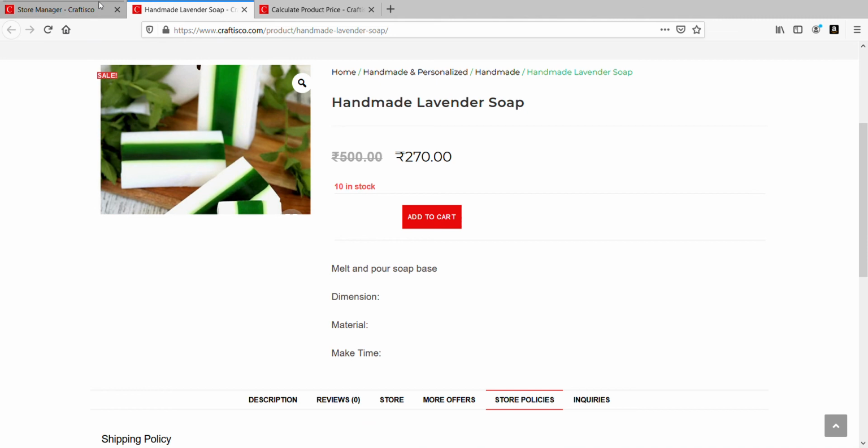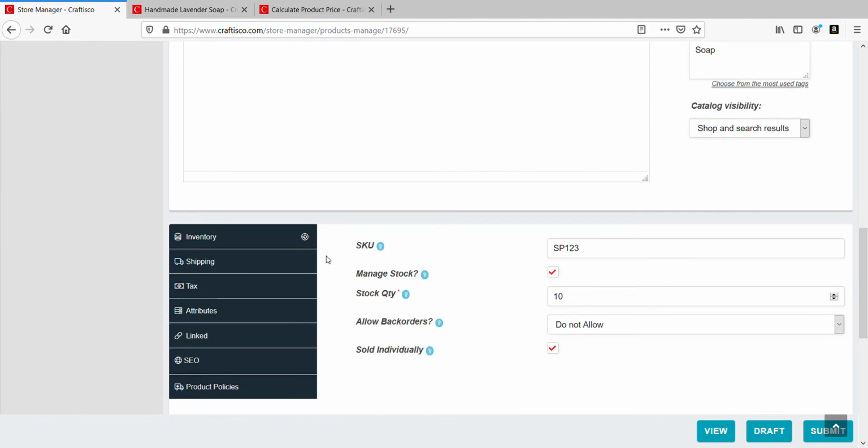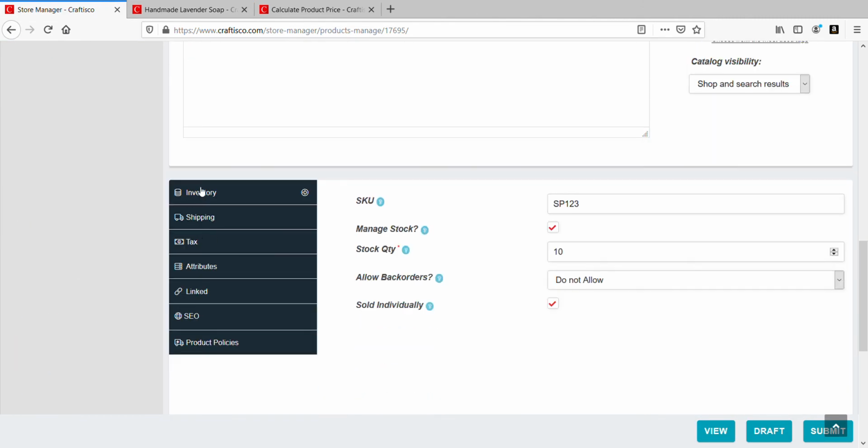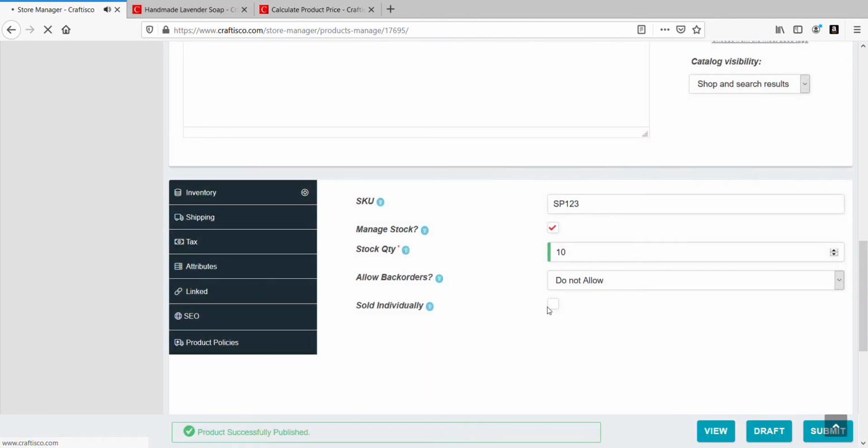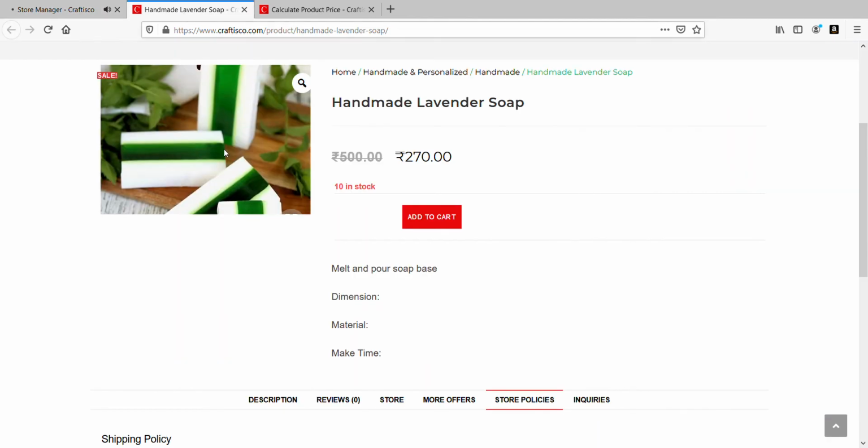Now because you have, so you see your inventory, you have sold individually. So if I unclick this, submit, because I had clicked the sold individually, that's why you did not see the option for adding more than one.